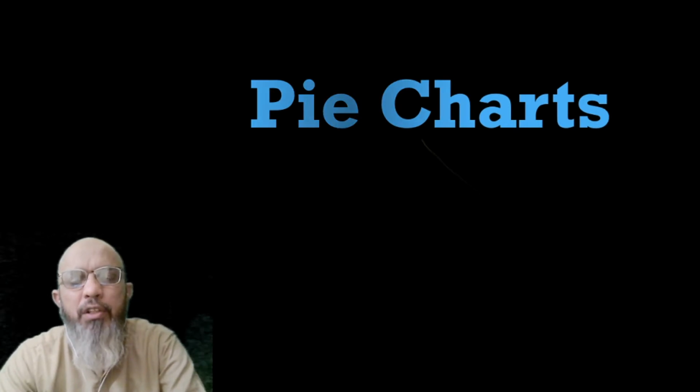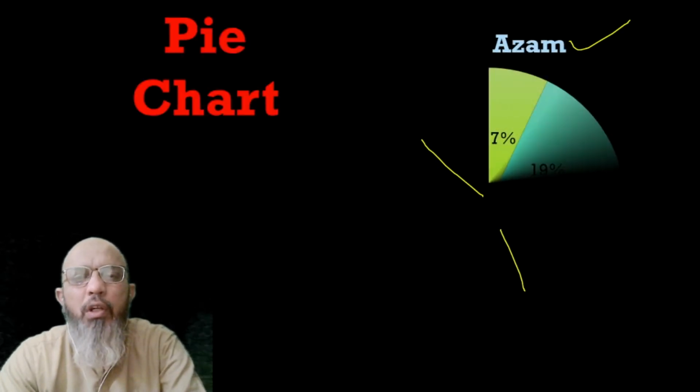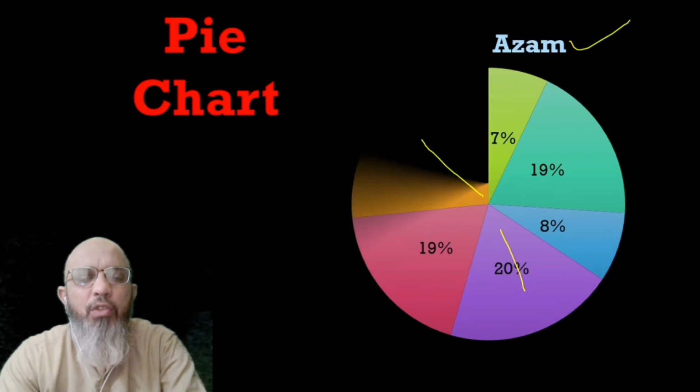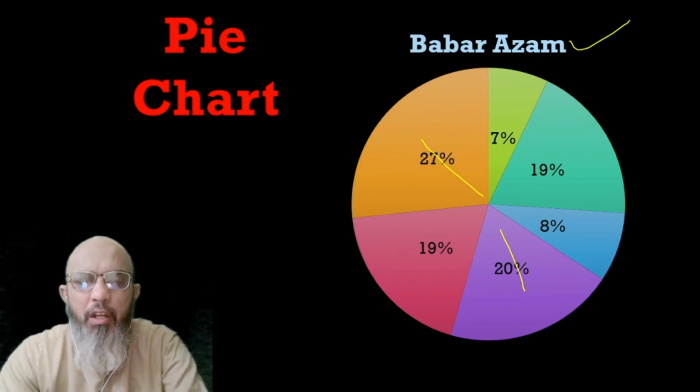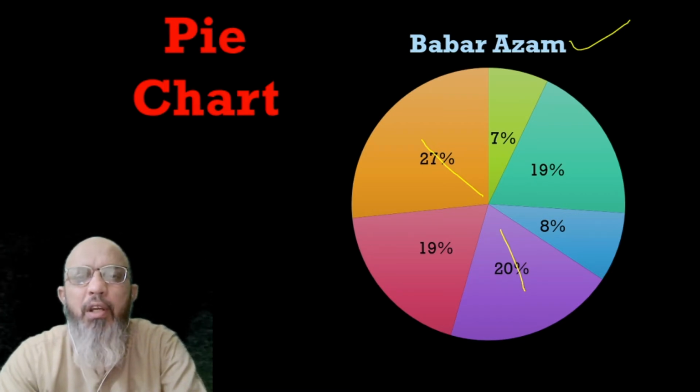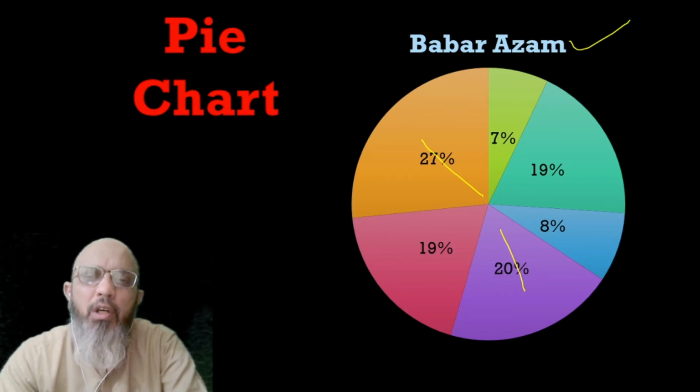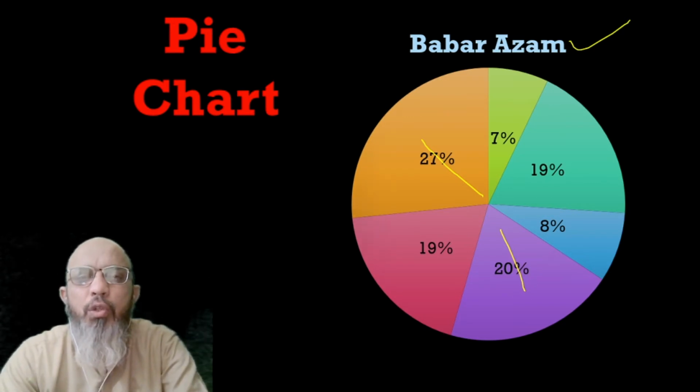So what is pie chart? First we will recap it. A pie chart is basically a graph with a circular shape in which the different values are given to you and you have to answer the different questions regarding the data. This is the easiest way to represent our data, and it's very easily understandable by anybody to clarify what the data is about. So let's start our today's lecture.